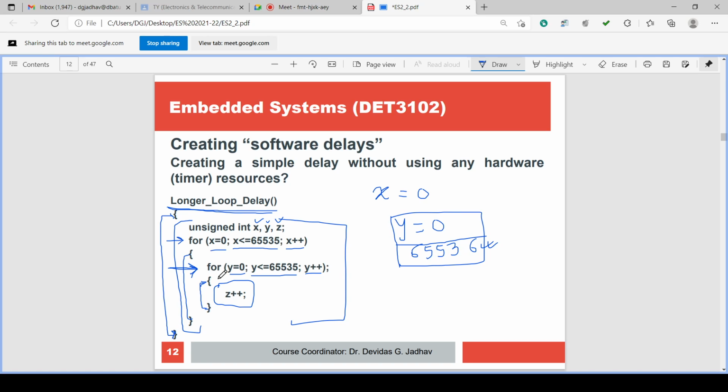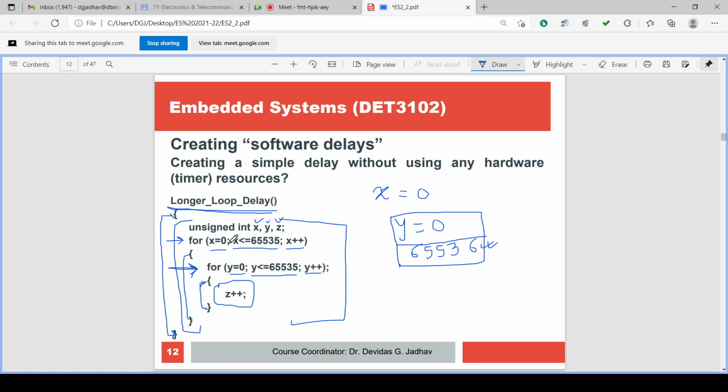Again, the second loop for y executes 65536 times. Again x goes to 3, and the second loop executes 65536 times. Again x goes to 4. So x is executing 65536 times, and for every execution of x, y is executing separately 65536 times.